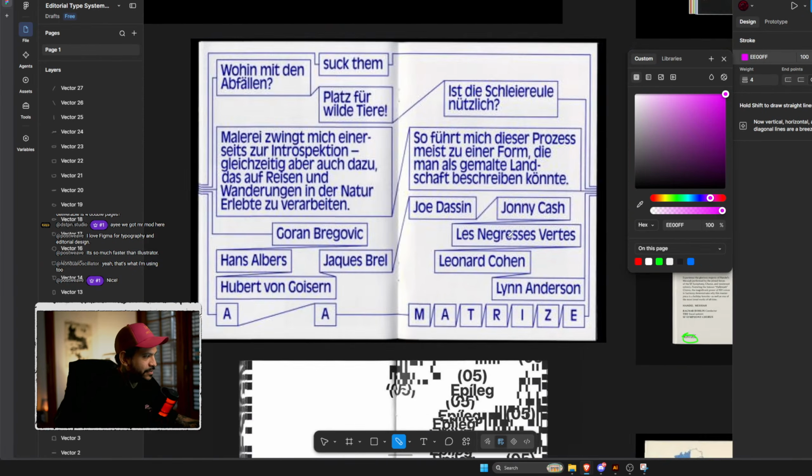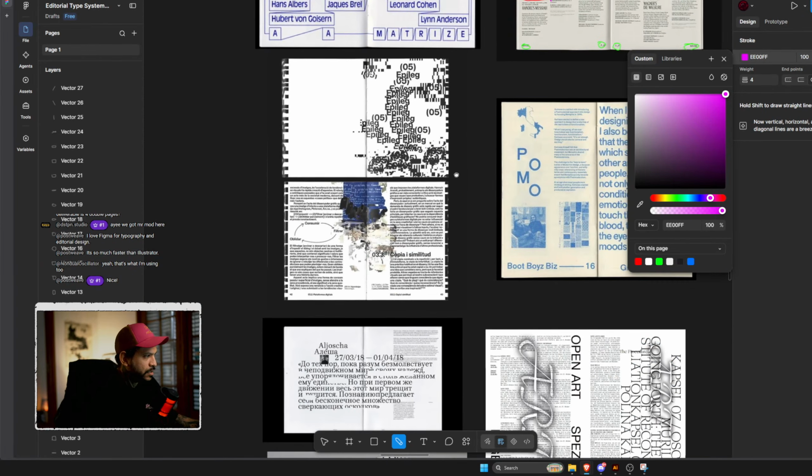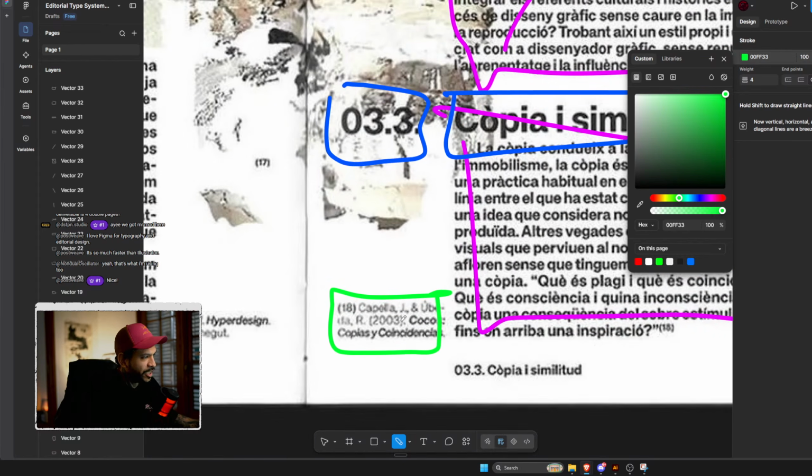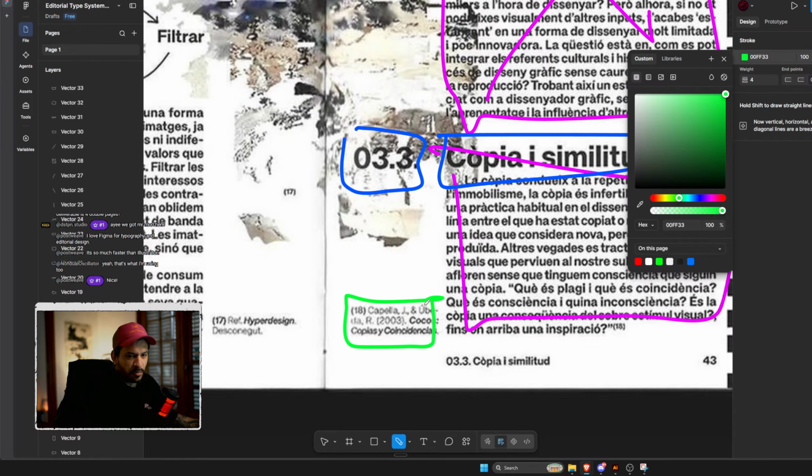In this case, you see, for example, in this one, you have the main text, one hierarchy level. Then we have the title, this notation, I don't know what it is. I think this is a chapter, right? Then we have the annotation, and the annotation has a specific formatting in and of itself.